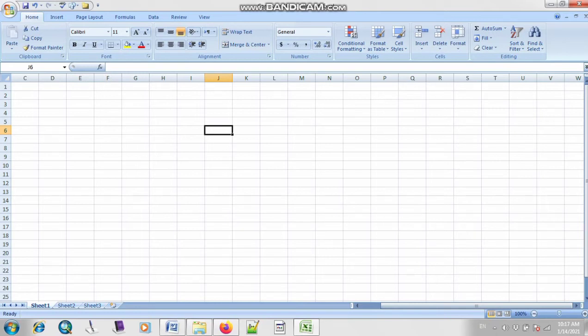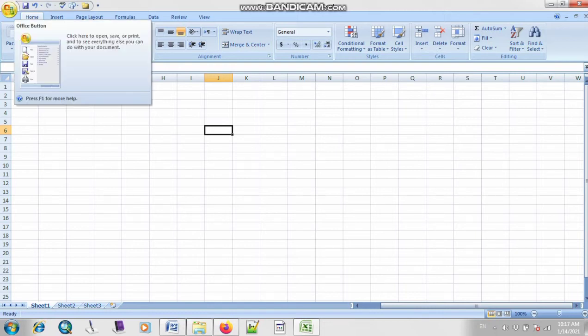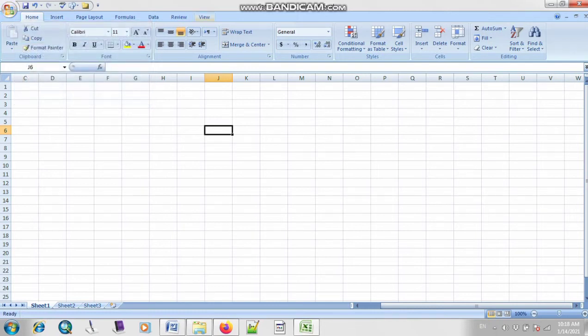Okay, so I hope this lesson is clear to all the class. We have read some components of Microsoft Excel. The first one was the Microsoft Office button. We have some commands, you have to use them step by step. Then we have studied the title bar. The title bar is the top bar of your window where we can save your file, and it will appear on top of your document.